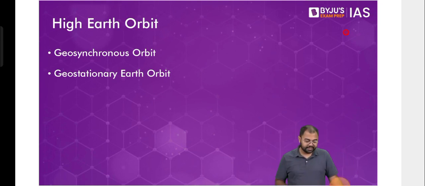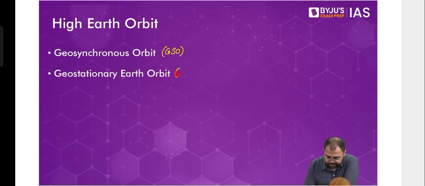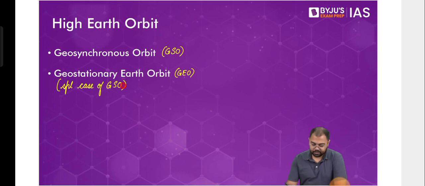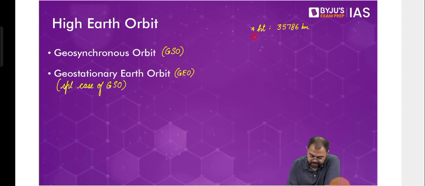Now in case of high Earth orbit, again you can see that there are 2 types of orbits here. One is geosynchronous orbit called GSO, and one is geostationary orbit also called GEO. And in this case also, you can say that this is a special case of GSO. Why we are calling it a special case, we'll discuss that as well. Now to talk about the various aspects of this orbit, first of all, the height here is 35,786 kilometers, as we have discussed. Then the application